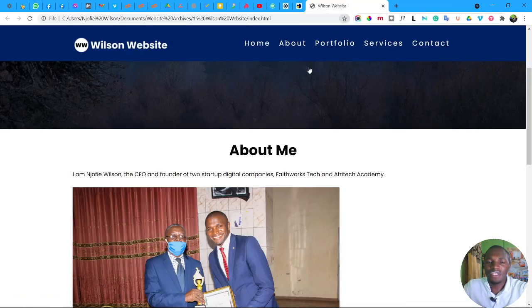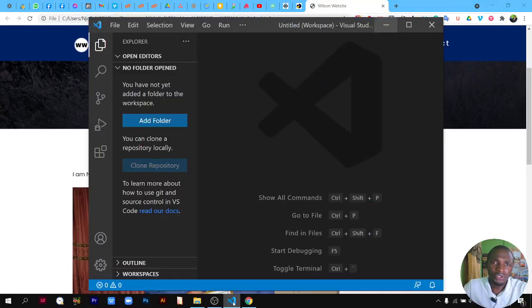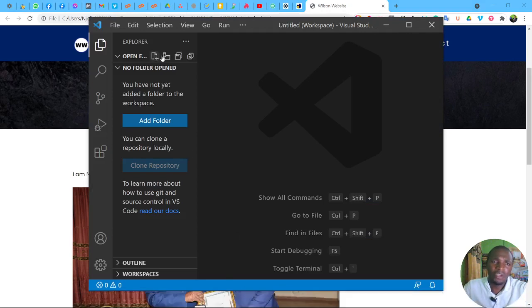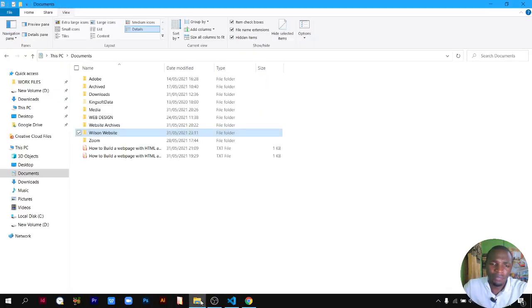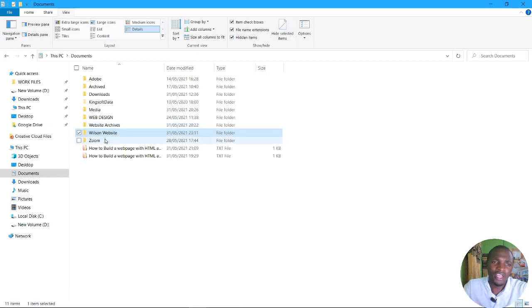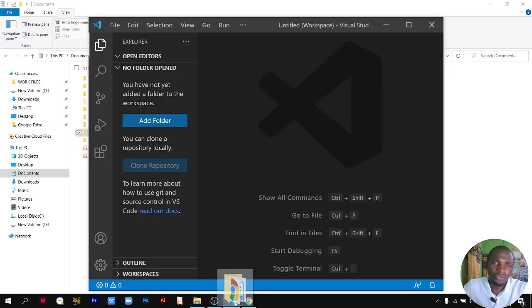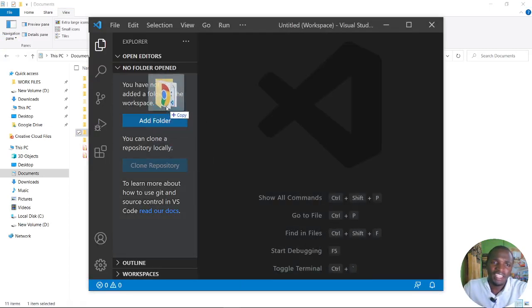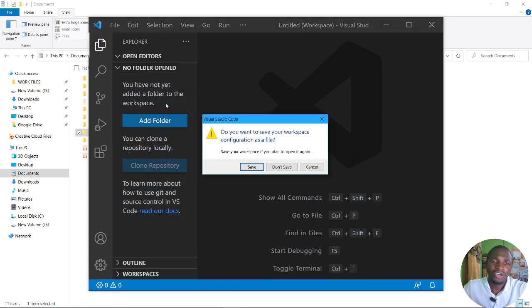So once you have it there, open it, and when you open it, you have this screen. Once you have put up all your files, all your website folder, just drag it and drop it here on your Visual Studio